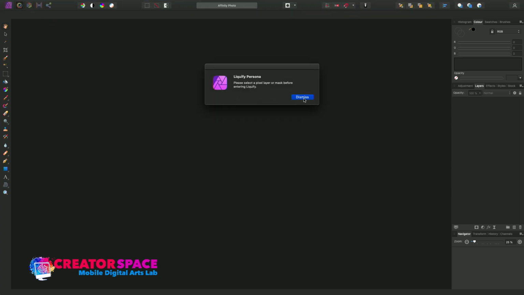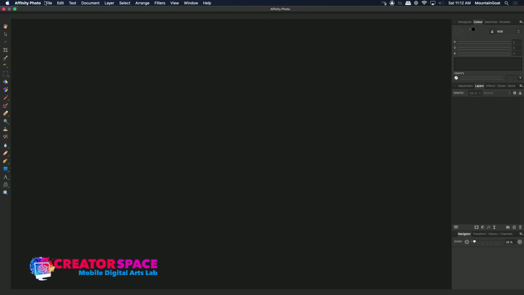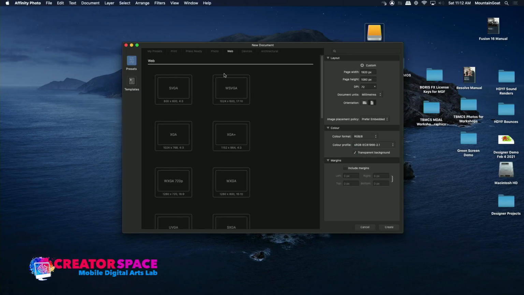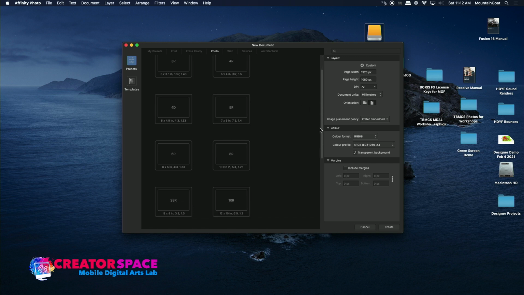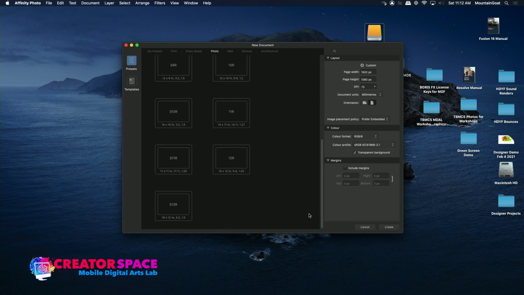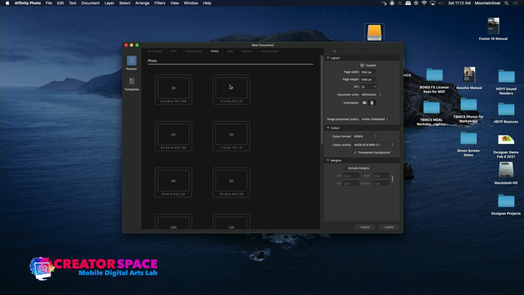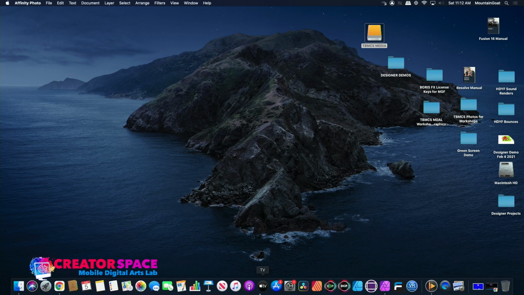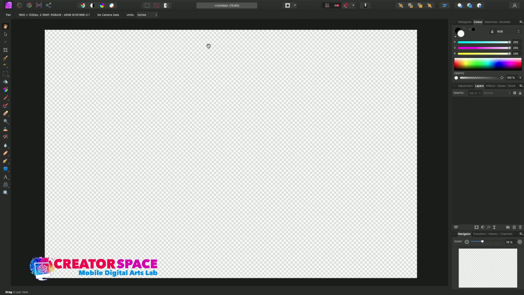And it's asking me to get into layers. So let's get something in here first. Okay, so we're going to do file new, right? And we're going to say, okay, what do we want to do? We're going to do a new photo, and let's make this one 4x6, create. Okay, there we go. So we got our